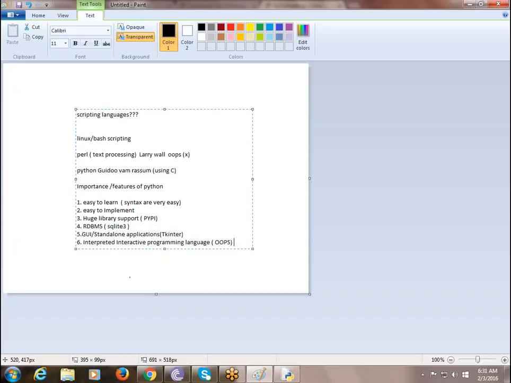In Java, some people call Java not a 100% object-oriented programming language, because in Java there are primitive data types.